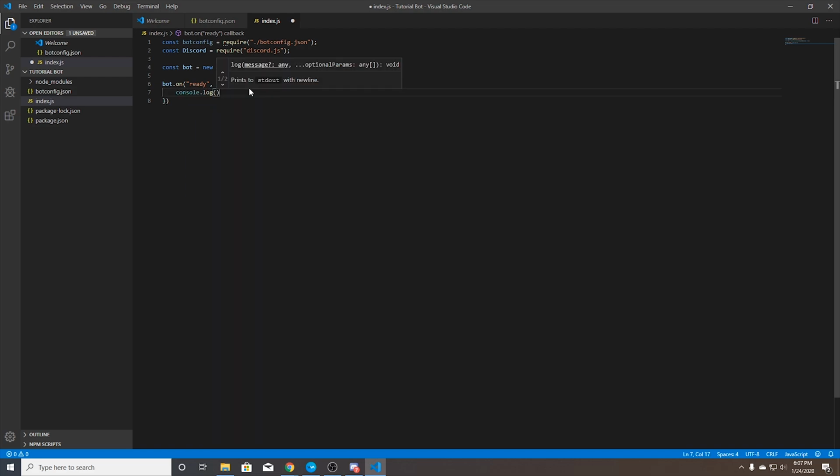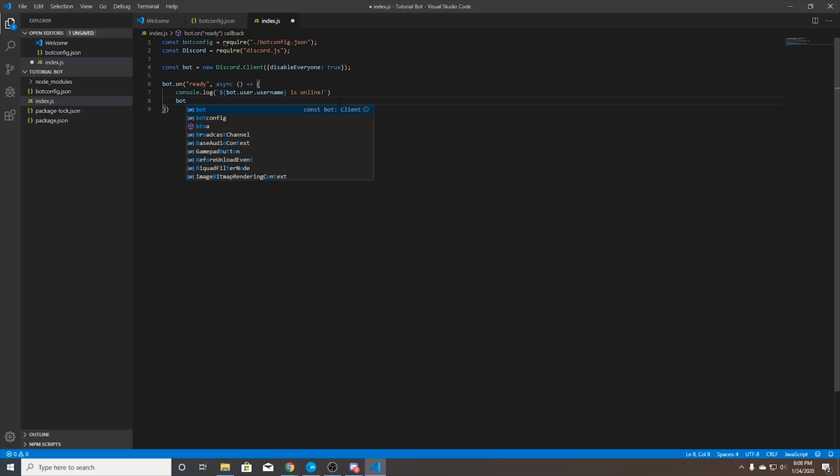For this you're gonna do the tilde key. Yeah, you want to do the tilde key. What are these? Bot.user.username is online. Okay, now you want to do